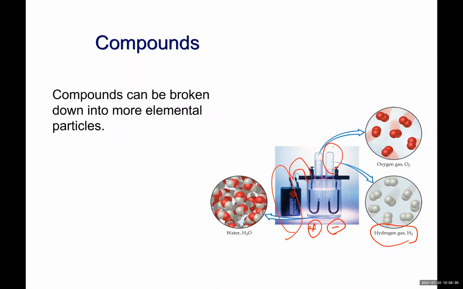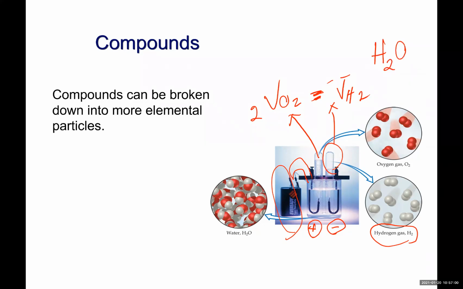Do you see, if you look at the volume of hydrogen, look at the volume of oxygen, do you see the volume of hydrogen is 2 times larger than the volume of oxygen? Is it telling you the amount of atoms of hydrogen is 2 times larger than oxygen? So yes, we can break down a compound to its composing elements. What do we need? We have to use energy.